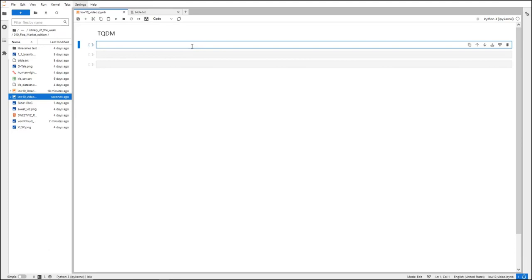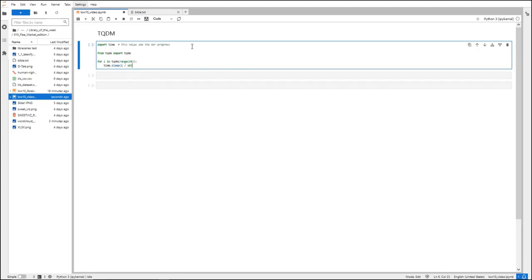The fourth library I want to talk about is TQDM. This is just a progress bar that you can use when you're working with Jupyter notebooks, and it comes in pretty handy because many times we do repetitive tasks or tasks in loops, but we don't know how long it's going to take. In this case, I import time too, so this is to make the test and to see